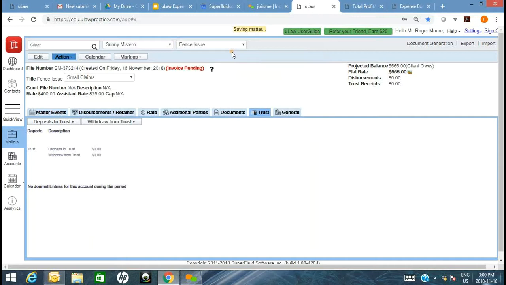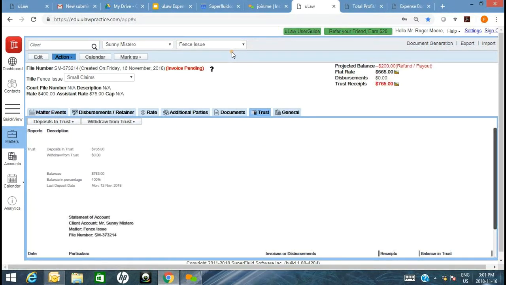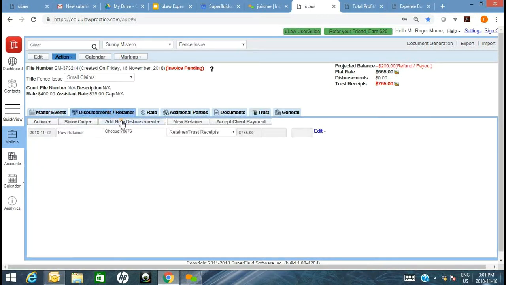So just trying to build an example where you've accepted a retainer from this client, Mr. Sunny, and you deposit that into your Trust account as you rightfully should. Very important that you provide him a Trust or a retainer receipt. For the purposes of time today, I'm not doing it, but it's a great habit to do so. Now, when time comes to disbursement,